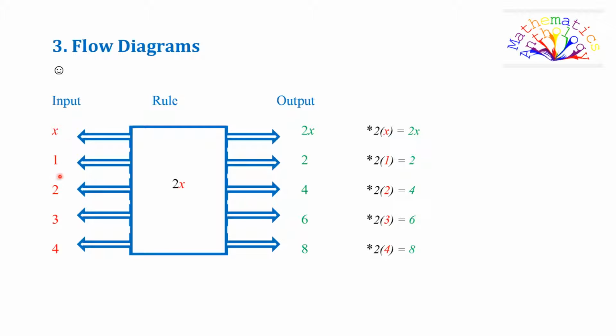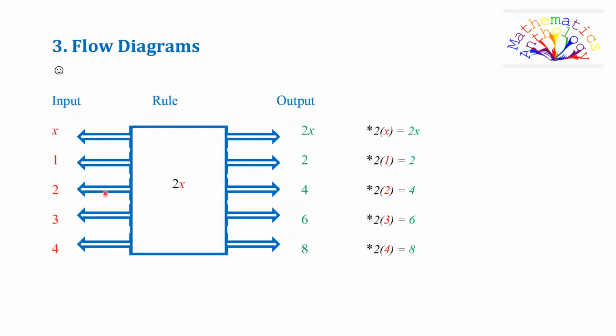If our input is 1, it means that we substitute in place of x 1. So instead of 2 times x, as you can see here, it will become 2 times 1, which is 2. So an input of 1 when the rule is 2x will be 2 times 1, and the output will give